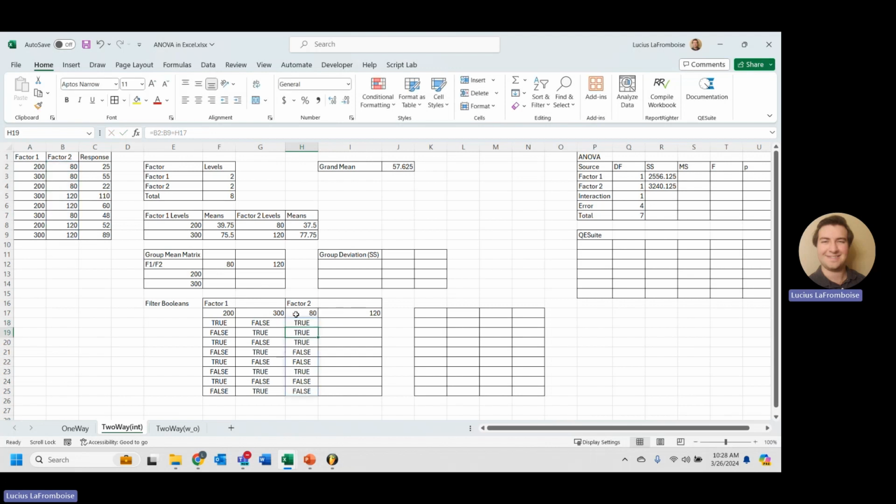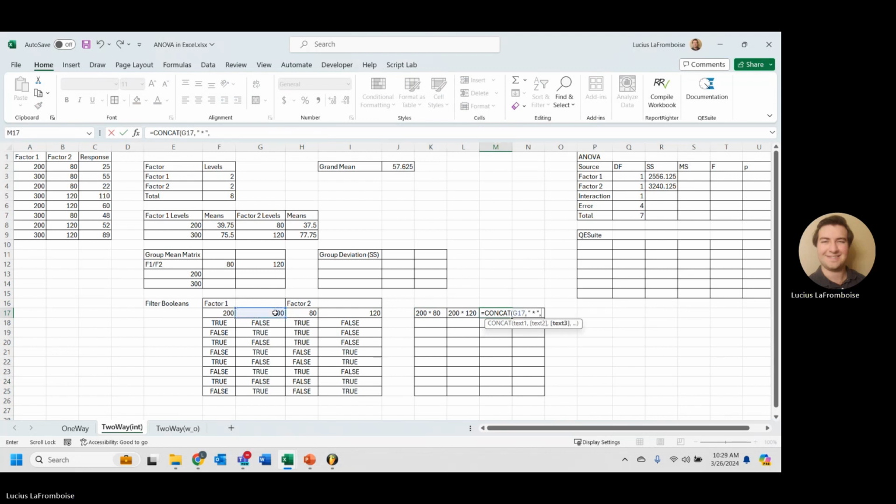Again, same thing, except factor 2, this level, equals factor 2 equals this level. And now what we're going to want to do is this. So concat, I'm going to say factor 1 level, absolute reference that, and then I'm going to do times, because this is our grouping, so it's our 200 by 80 group, our 200 by 120 group,